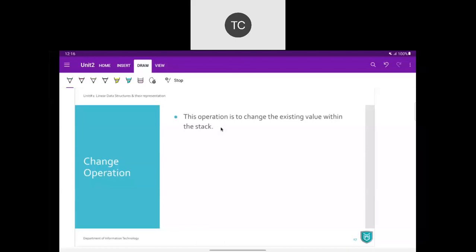तो हम अगर चेंज करना चाहते हैं कोई वैल्यू, then we go for the change operation. What it does, it says this operation is to change the existing value within your stack। stack के अंदर existing value जो है उसको आप change करना चाहते हो। Let us take one scenario. Let's say we have a stack here,